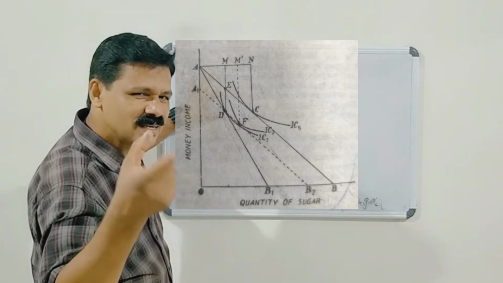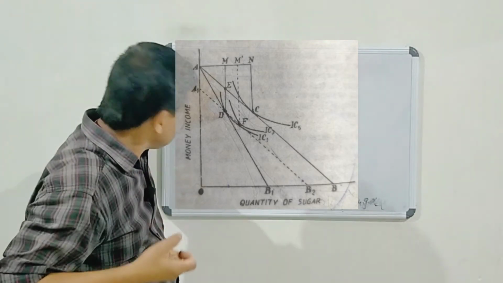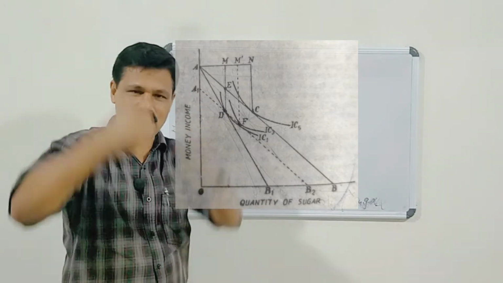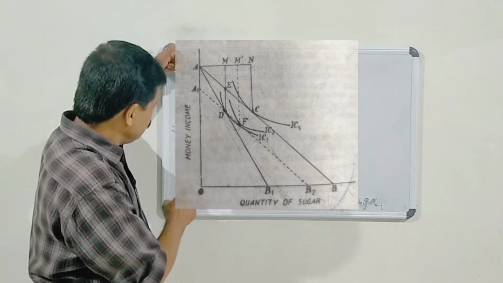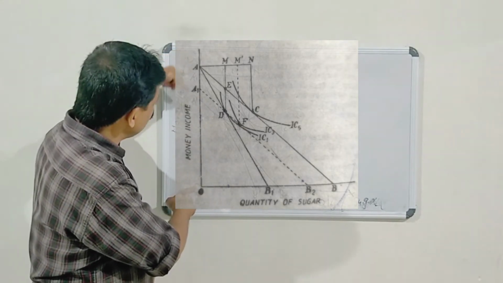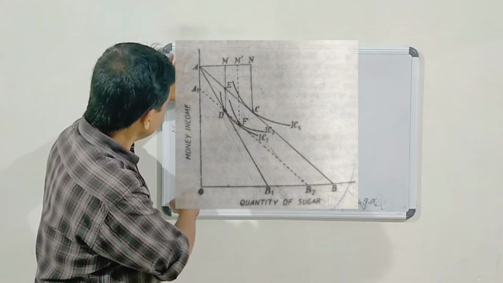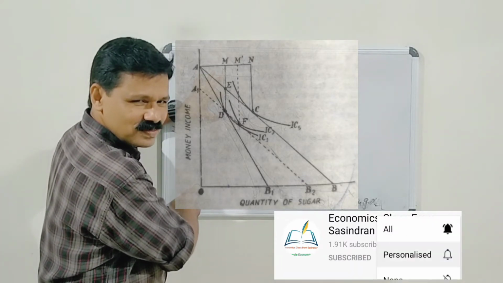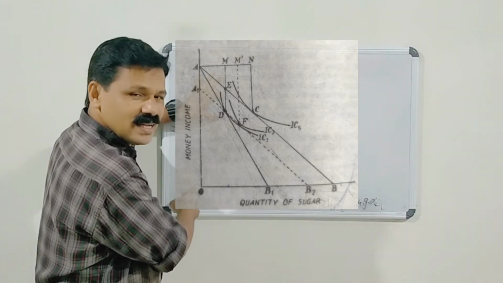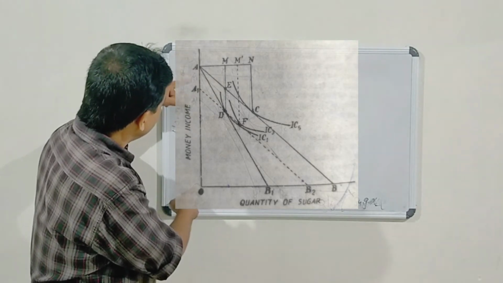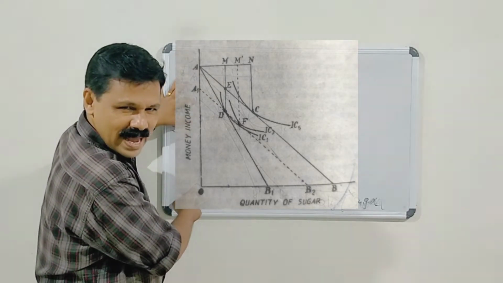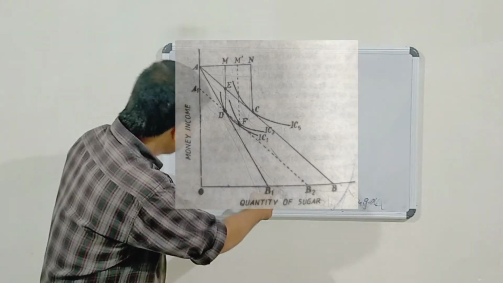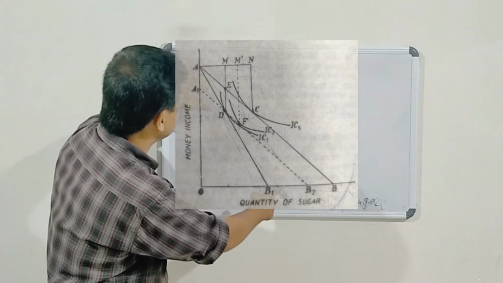And if the government takes the ED amount in the form of direct taxes or personal income tax, what will happen? See, the OA income will be reduced to OA1. This represents the amount ED taken by the government in the form of direct taxes, and therefore the OA income will be reduced to OA1. And the new price line A1B2 should be parallel to the original price line